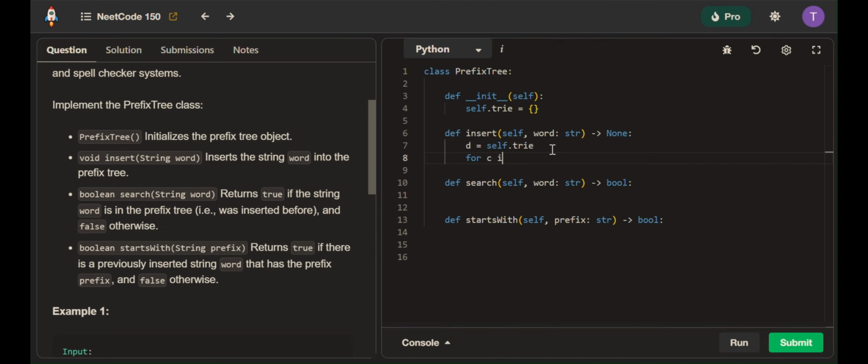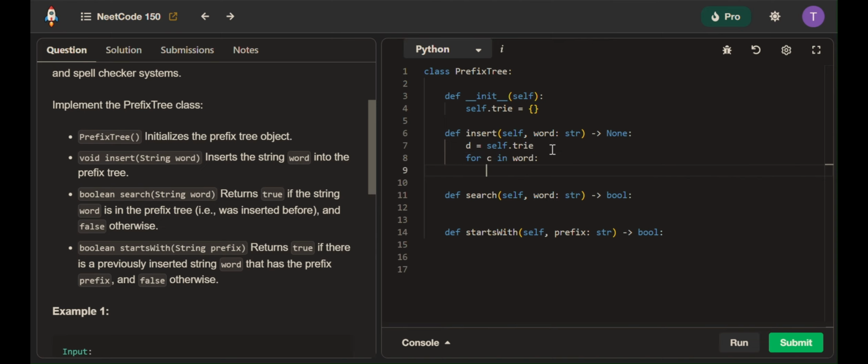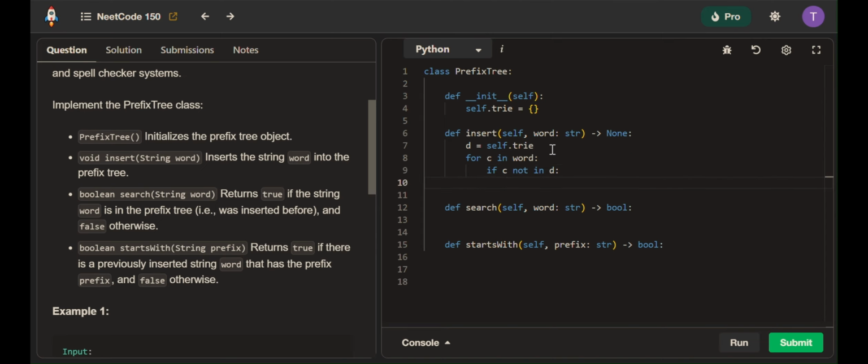For each character in the word, we check if c is not in d. What if it's not in d? It means we have to create another dictionary from scratch, because each branch of the trie is a dictionary, as we saw with the example apple. So we're going to say that d, with the key of that character,